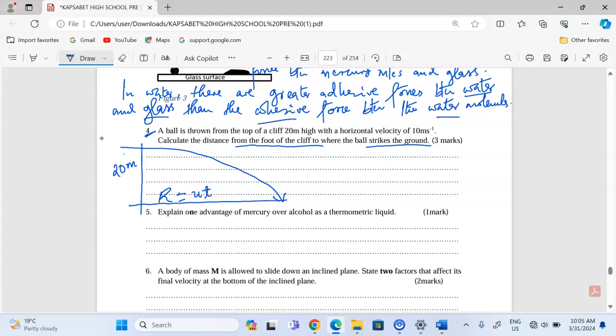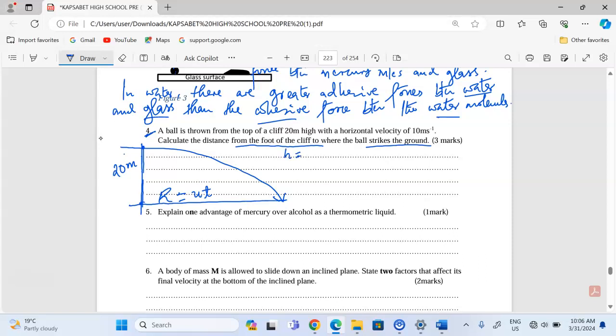Again, practically, it's concluded that from this point, if the ball was released freely to the ground, it would take a time which is equivalent to the time it takes if it is thrown horizontally until it hits the ground. So the time of flight is equal to the time of free fall. That should be known. Again, the ball would be falling through a height of 20 meters,